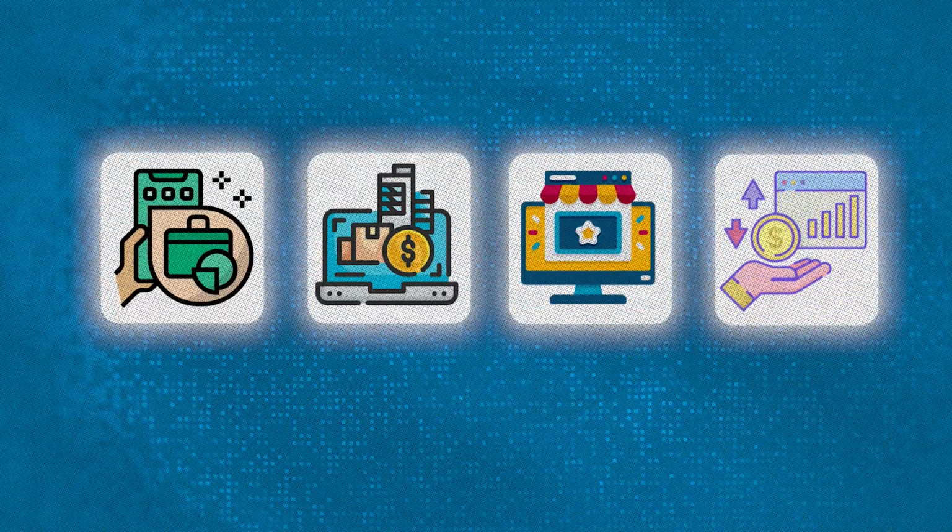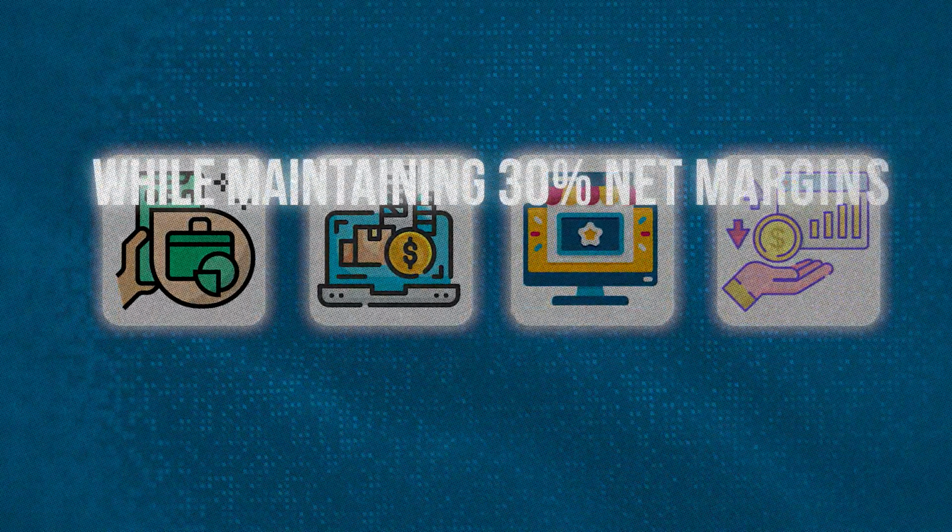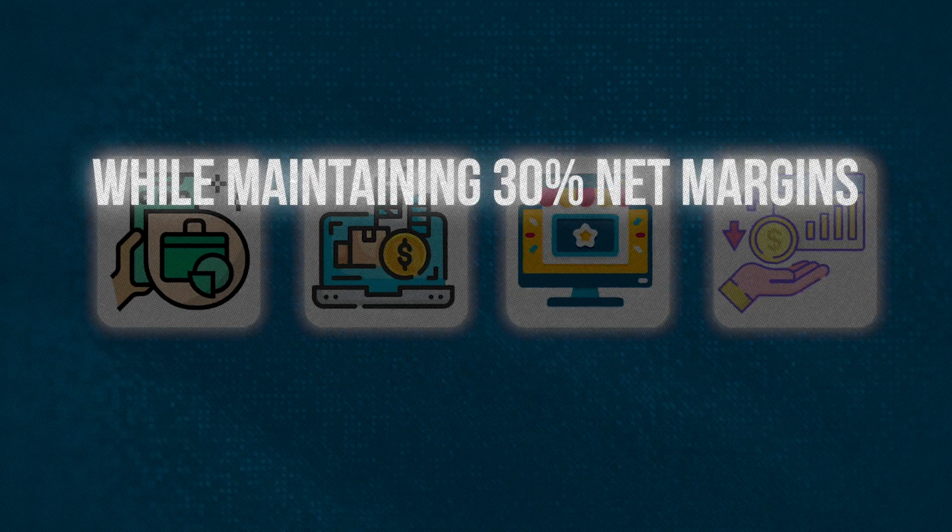But at the same time, I also like to maintain profit margins in the business. The longer your business goes, the more you do want to have a certain amount of stability. So what I say is that I will invest in any growth opportunity that I really believe in whilst maintaining 30% net margins in my business. Ideally higher than that, but I think 30% margin for an online business is healthy, and I like to keep it at that level. So I'm fully funding all growth opportunities that I can, whilst also maintaining healthy margins.